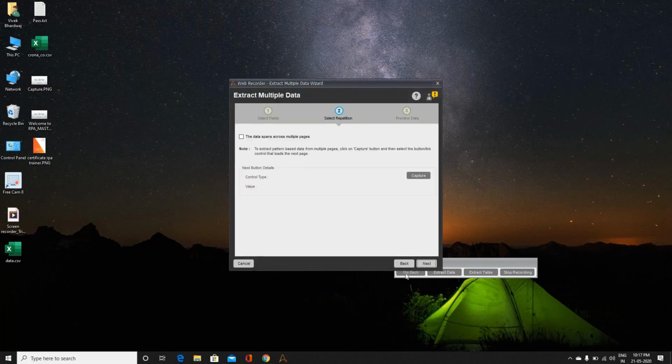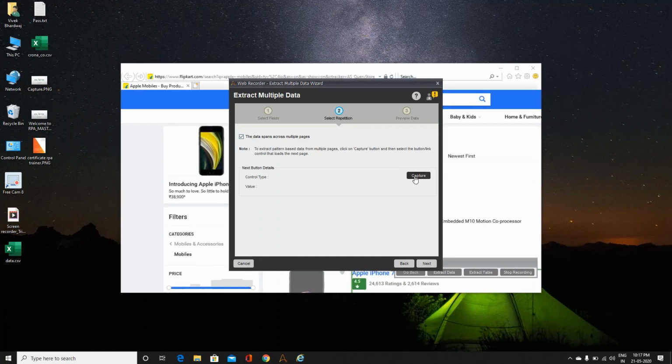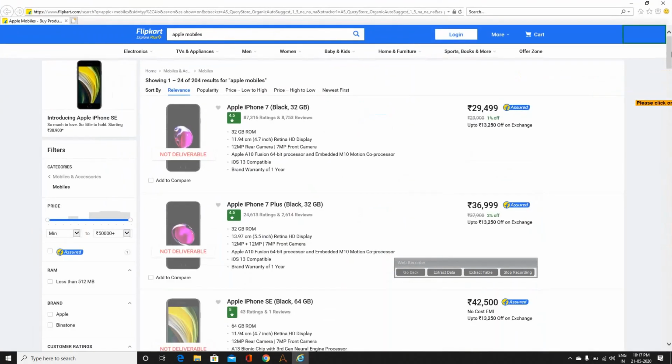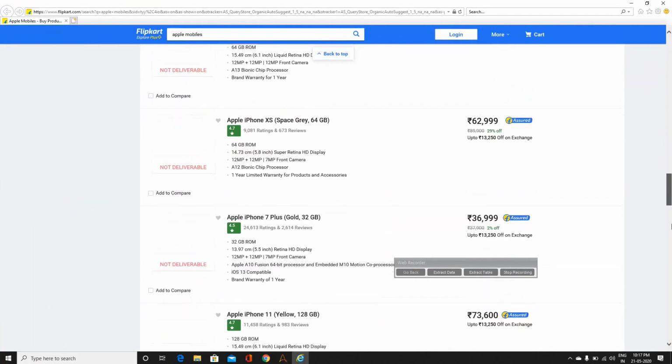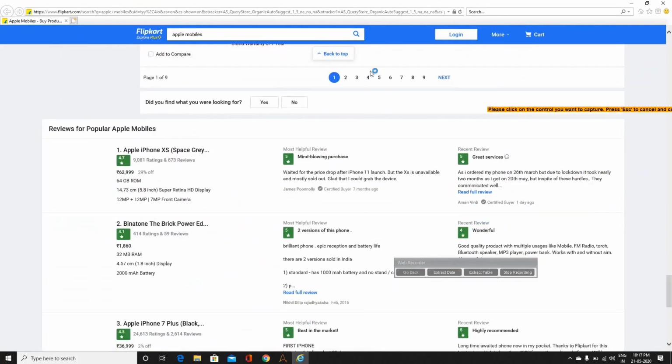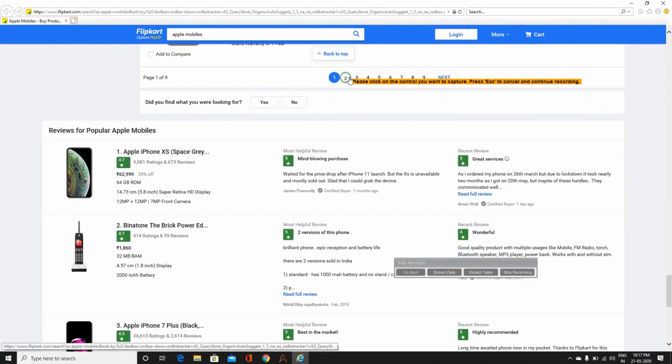Now click on Next. As we know that the data is placed on multiple pages, we have to click on this, as data spans across multiple pages. Then click on this and we have to capture to move to the next page. For example, you have to click here to move to the next page.